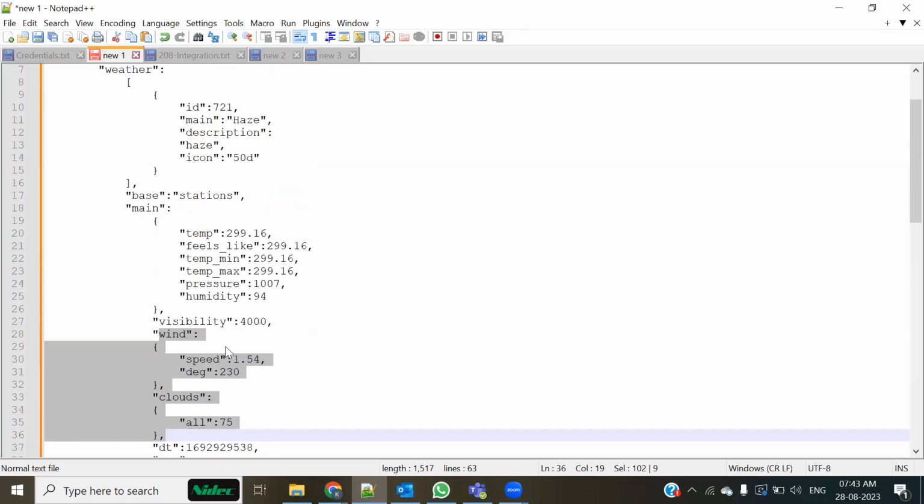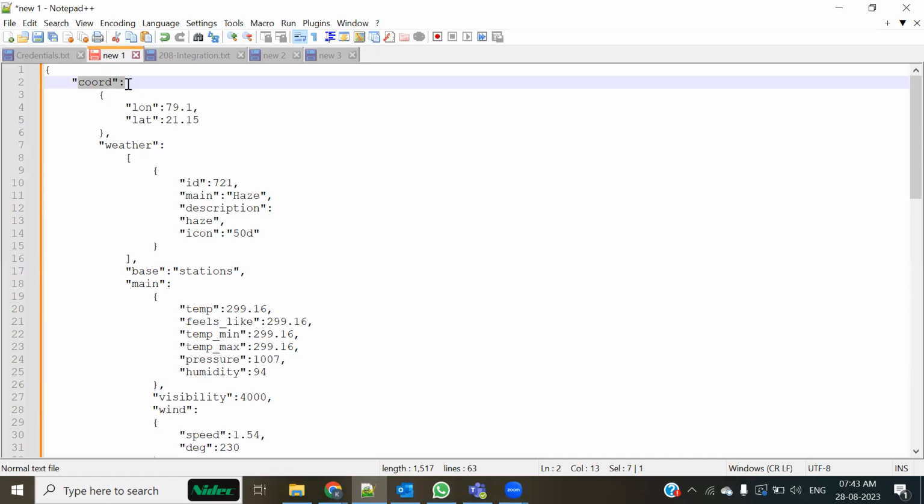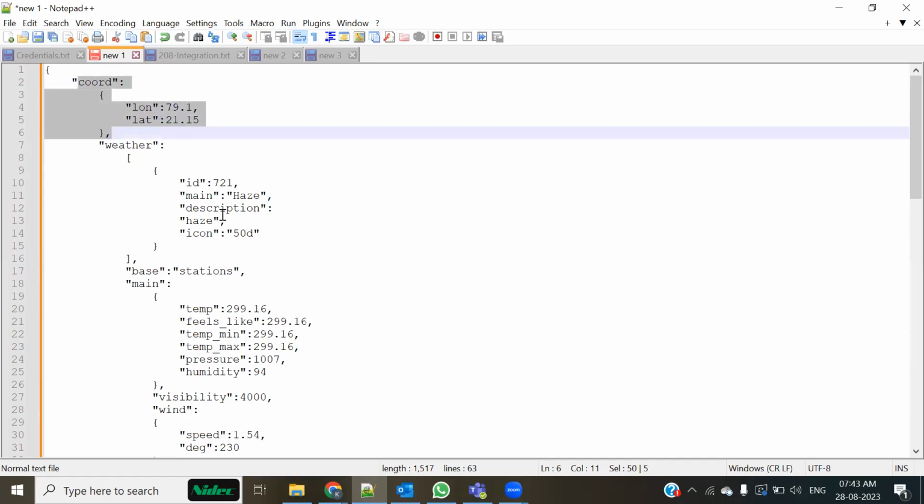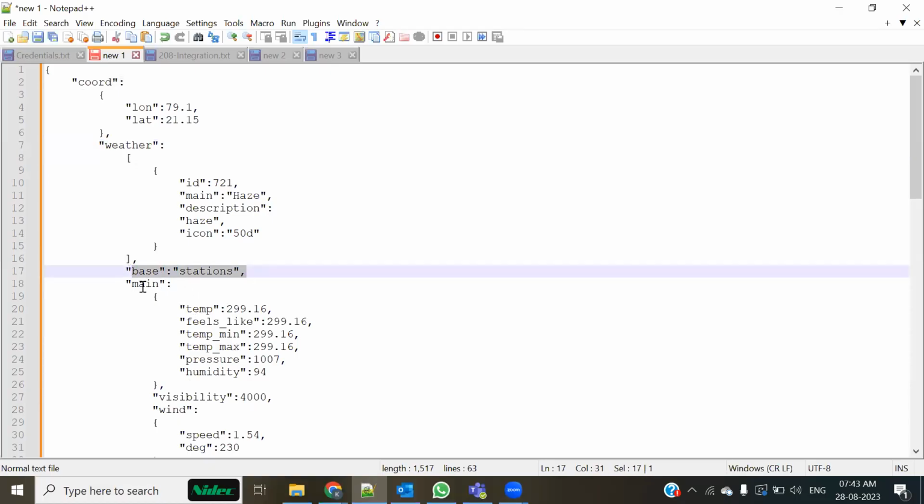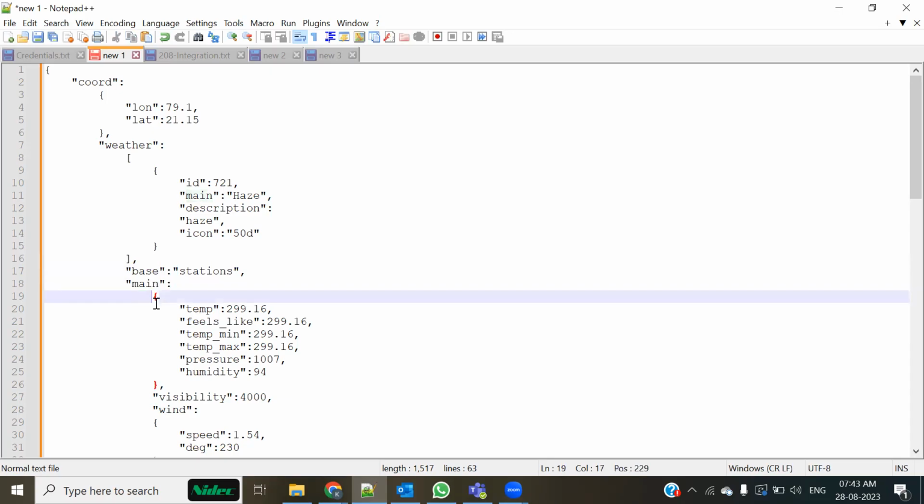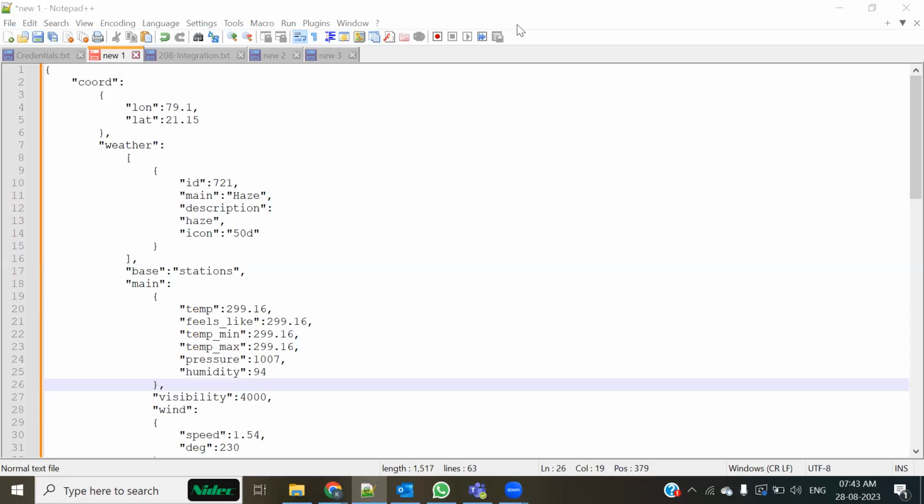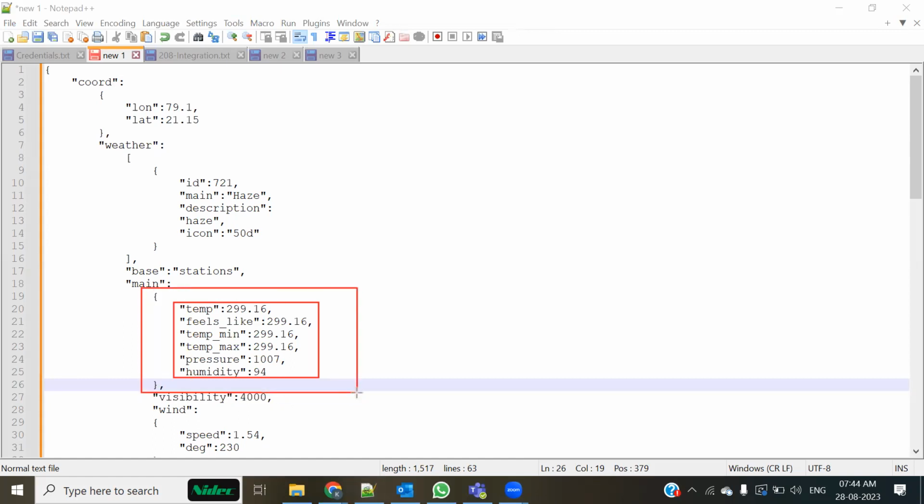So how exactly we can do that is, your response actually starts from here. The first information is about the coordinates. The second is about the weather. The third is about the base station. Then this whole complete information, which we wanted to display, comes under this, which is inside a block called main. So what I'm going to do is,